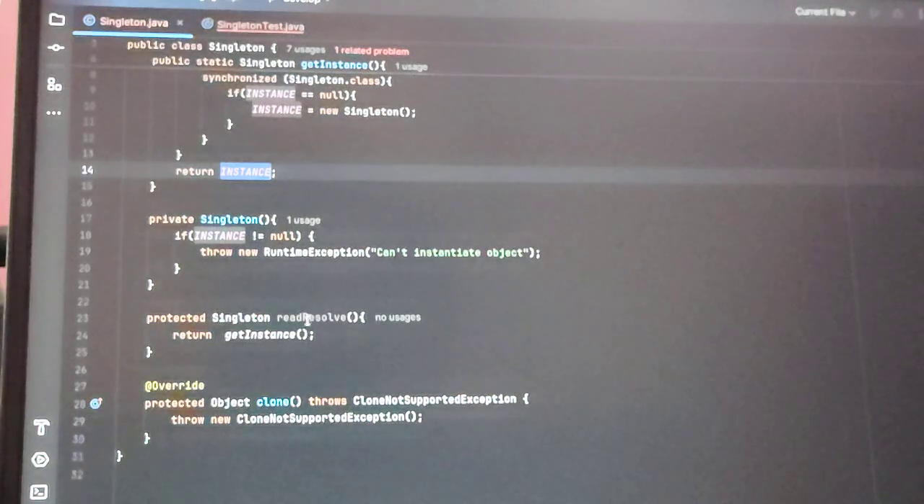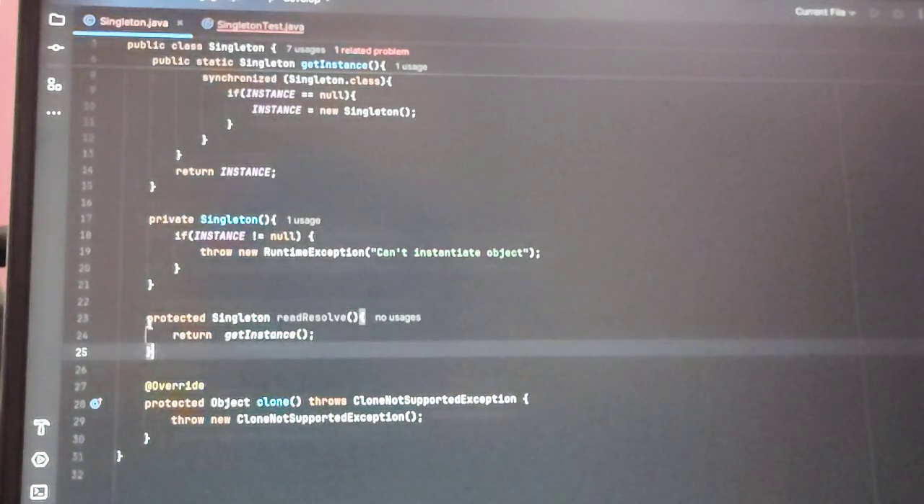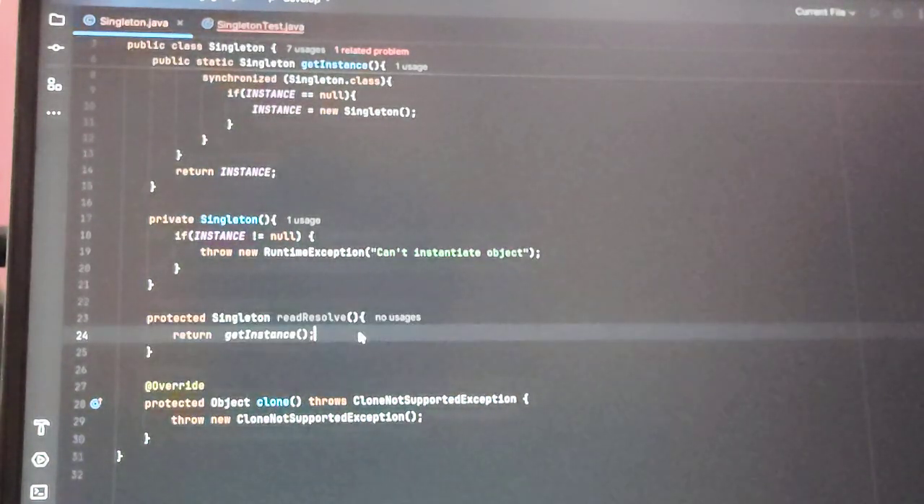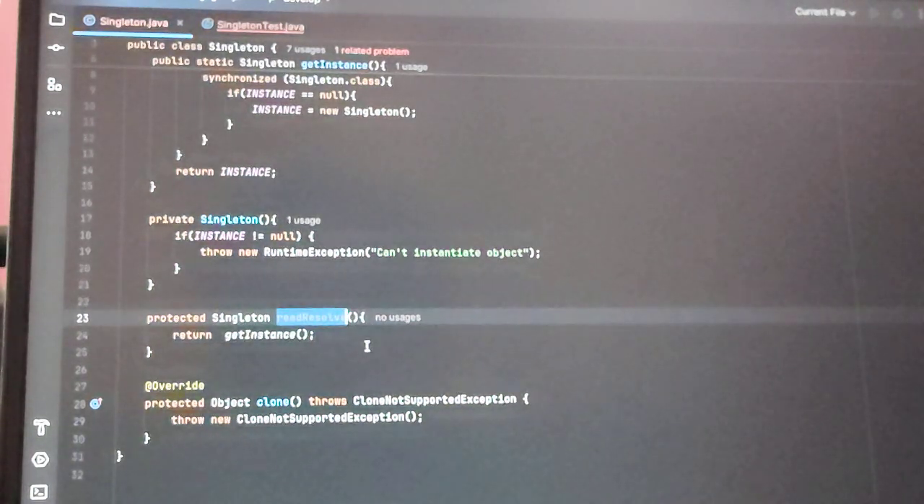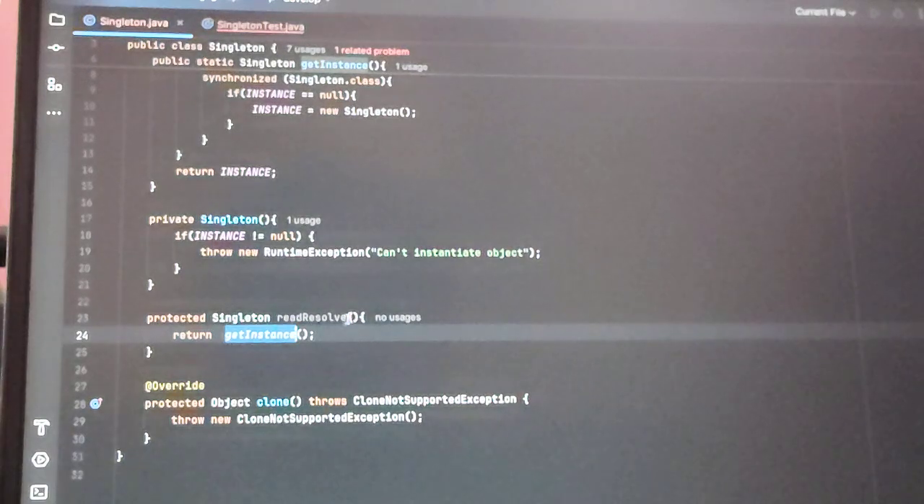And there is a method, readResolve. So why is this used? This is used because when you write a singleton design pattern, it will be breakable during deserialization of the object. When you serialize and deserialize, you can create an object from the deserialization also. To avoid breaking the singleton design pattern, I'm overriding this method. So if you have this readResolve method and you return this, you will get the same instance during